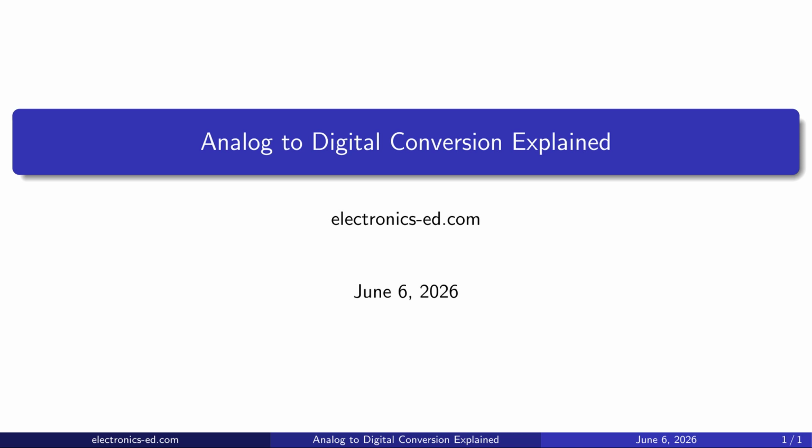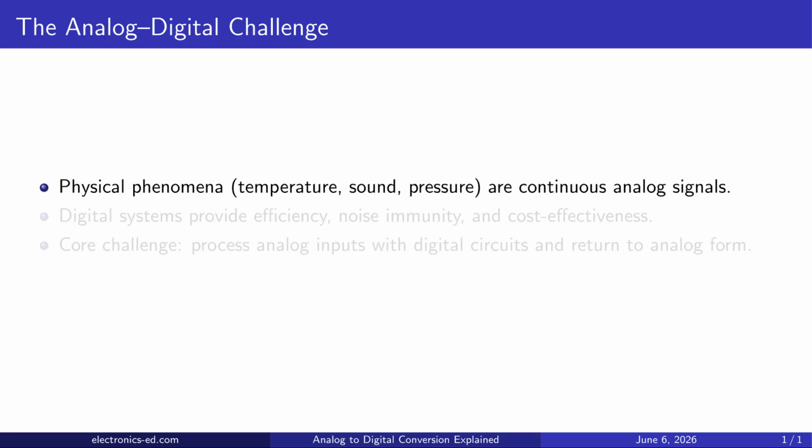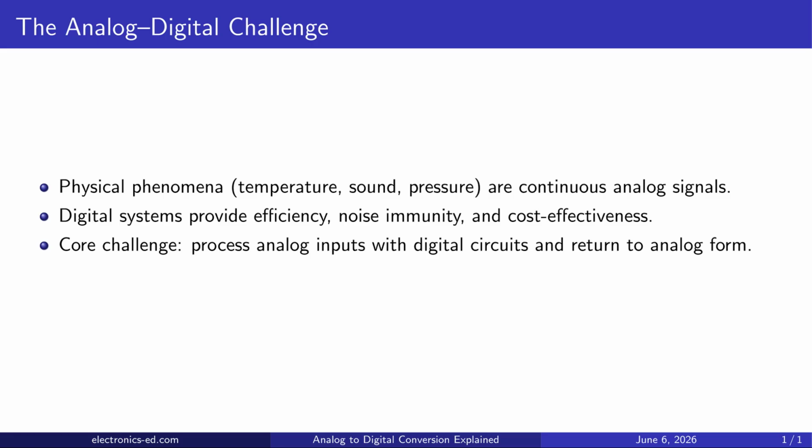Today in this video, we will learn about analog to digital conversion explained. Let's get started. Physical things like temperature, sound, and pressure are continuous analog signals, meaning they can take any value within a range. Digital systems give us efficiency, immunity to noise, and lower cost, which is why we use them so widely. The core challenge is taking analog inputs, processing them with digital circuits, and then converting back to analog